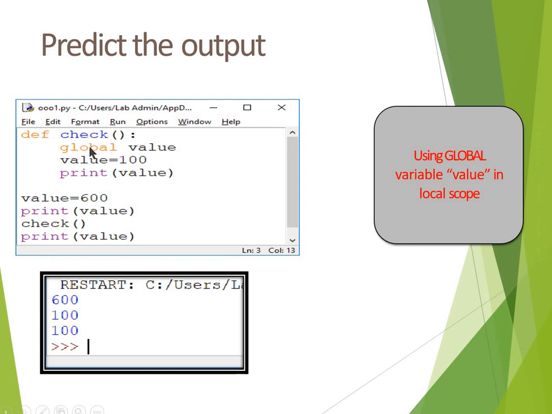Now you are calling the function, and we go inside, where the variable value is declared as global. So now you are assigning value is equal to 100. That means print value will print 100, and it will come back here. It will take only 100 because inside the function you have declared value as global, so that value only will be printed here.